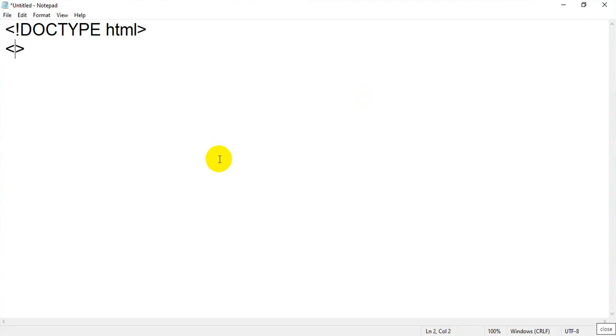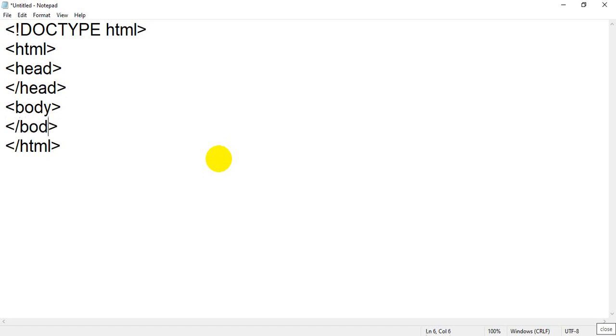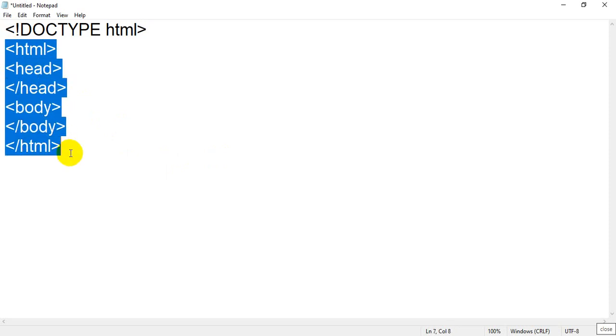Now I will start the html tag, that is the first tag of HTML, and the closing html tag, that is the last tag of the HTML page. Between these two tags I will add some other important required tags, that is a head tag on top and a closing head tag just after the opening. After that I will add one of the most important tags of HTML, that is the body tag. Whatever you write between the opening and closing body tag will display in your browser. Now I have added some basic required HTML tags which are used to create any HTML page.